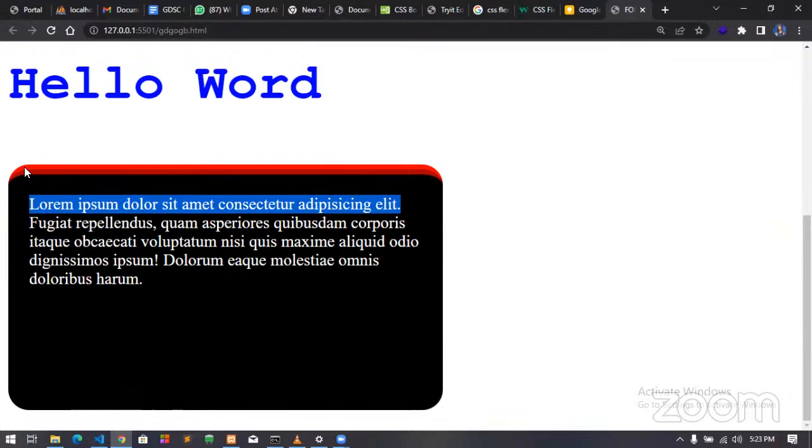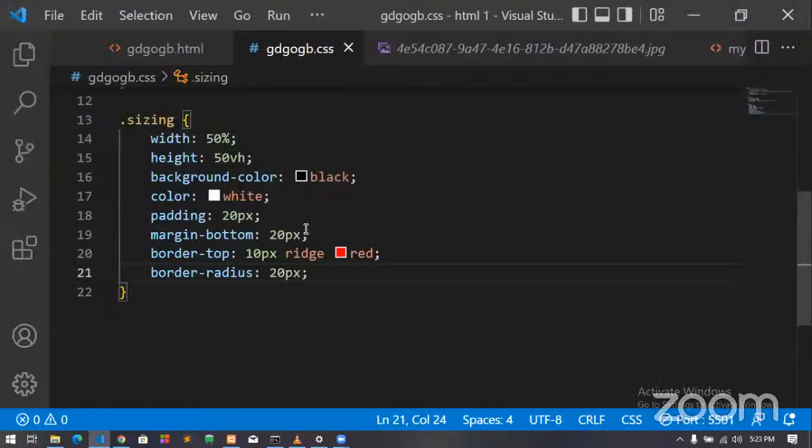So this is your border. How should I explain this so that we will get it? I want to give us a hint. This is when you want to tamper with this part. This will be your border top left. This is going to be your border top right. This is going to be your border bottom right, and this is going to be your border bottom left. So it's just how creative you want to be with it.